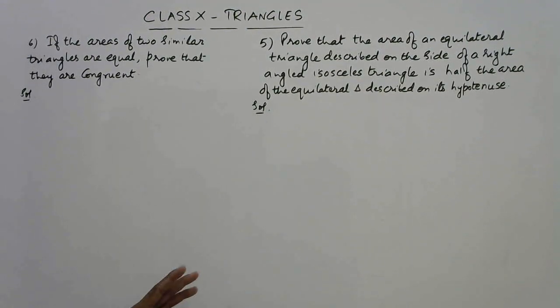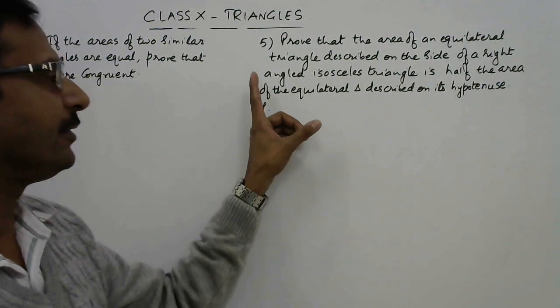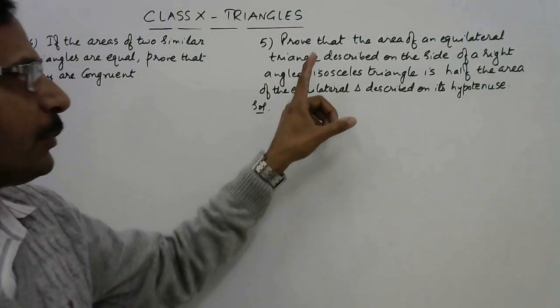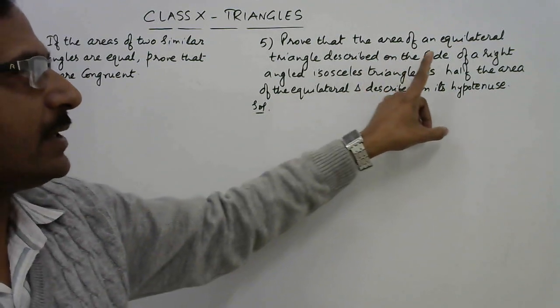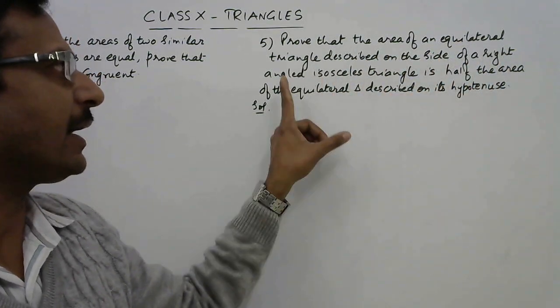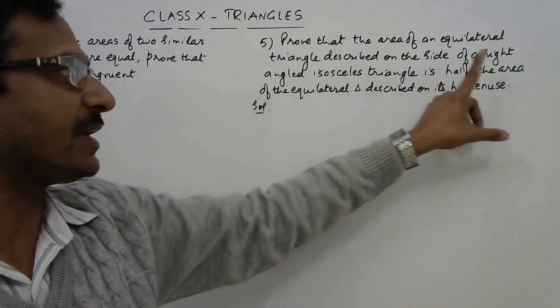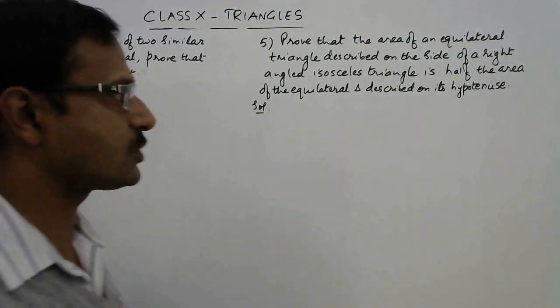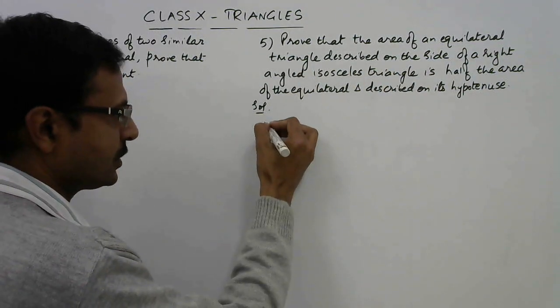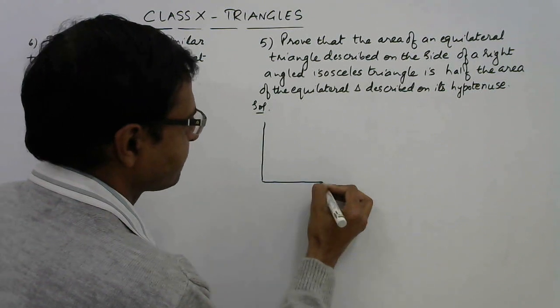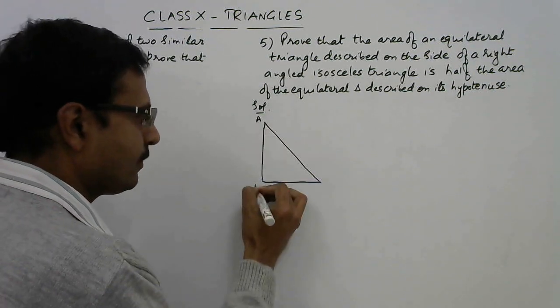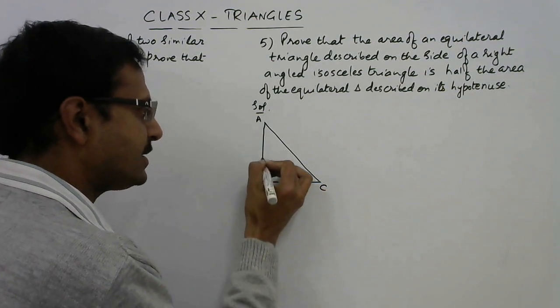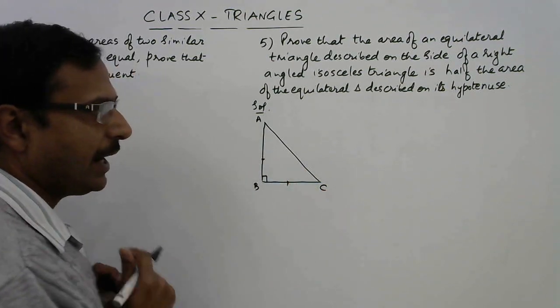Let's see the next two questions now. This is question number 5, again a previous year question. Prove that the area of an equilateral triangle described on the side of a right angled isosceles triangle. Now there is a right angled isosceles triangle, so we need to draw that first. So this is the right angled isosceles triangle ABC, in which AB and BC are two equal sides, and we